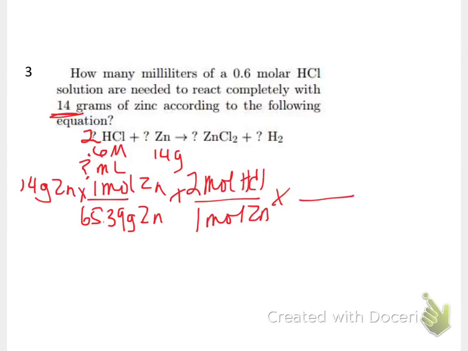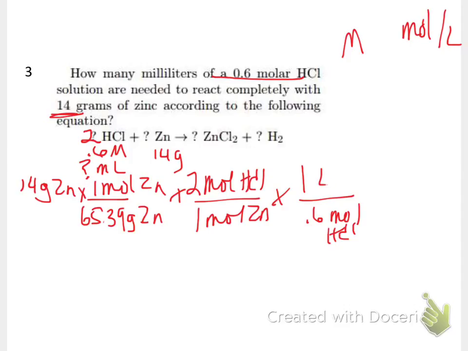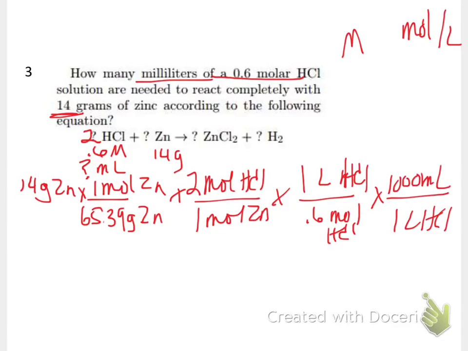Now here's where I use my 0.6 molar as a conversion factor. What I know is the units for molar are moles per liter. So 0.6 moles of HCl is 1 liter of HCl. Now they're asking for the answer in milliliters, so I'm just going to add one more factor here. 1 liter of HCl is 1,000 milliliters. Okay, and then if I punch everything through, my calculator says